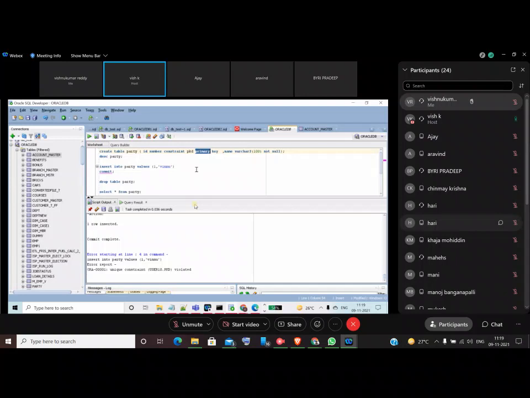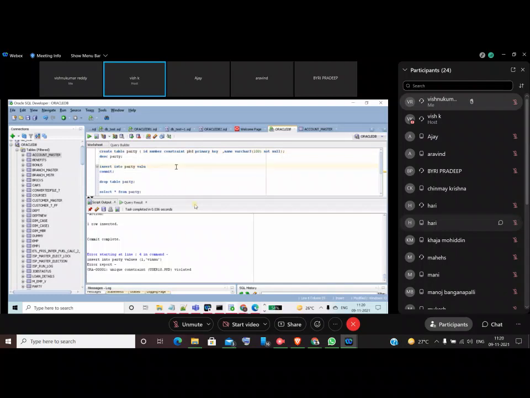That is the purpose of the primary key constraint. The system will not allow duplicates and null values. Not null also, you should compulsorily give some value, otherwise the system will not allow.